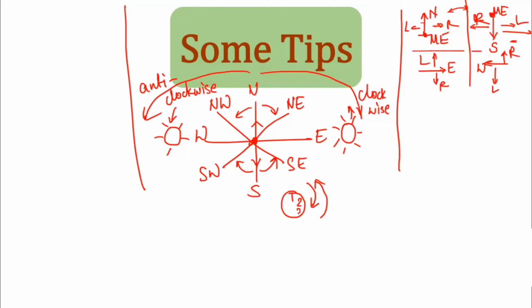This is very important because in the sums related to shadow, this is asked also. It is asked when a person is making a turn like a 90-degree turn or 45-degree turn toward right and left. So please remember this, okay? Practice this, just draw this diagram and from this you will be able to derive all the things.